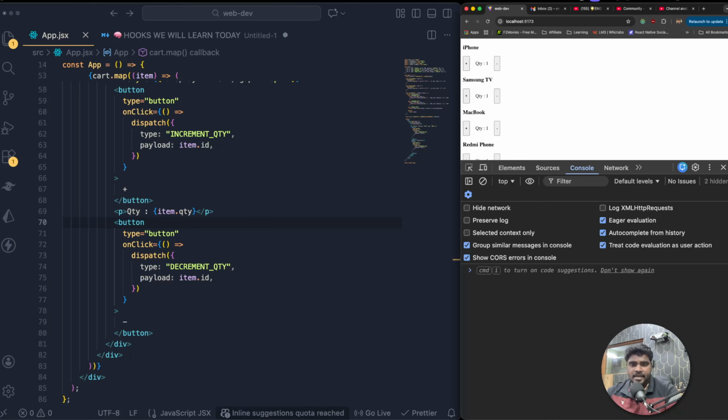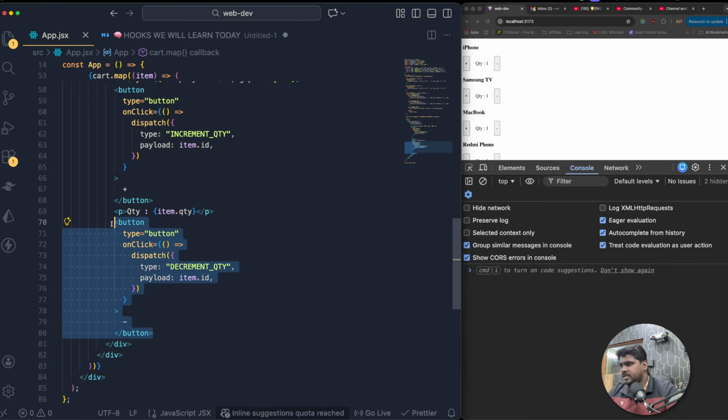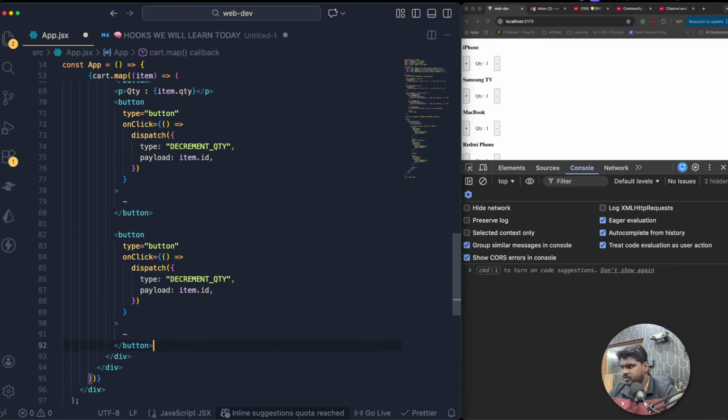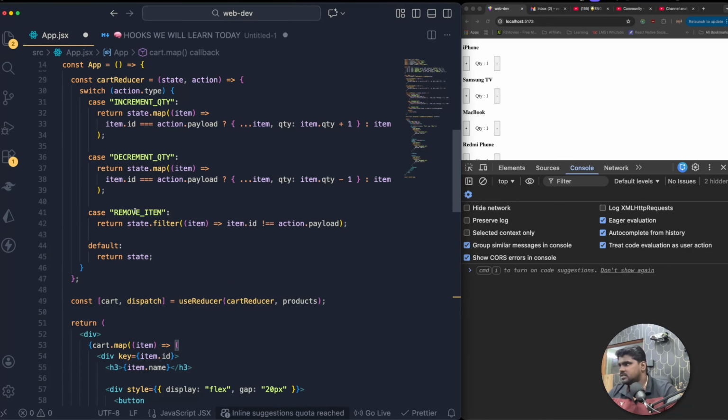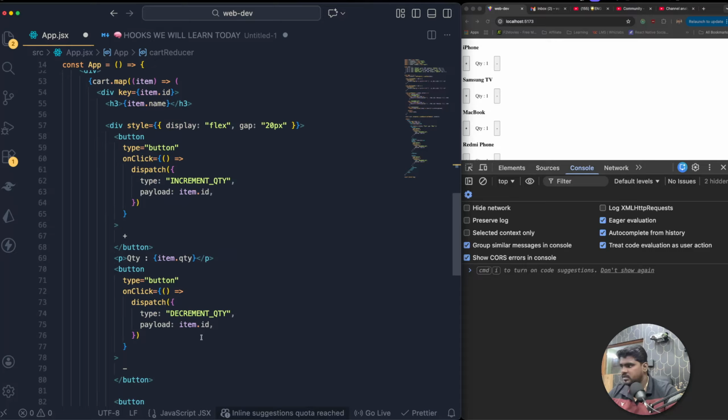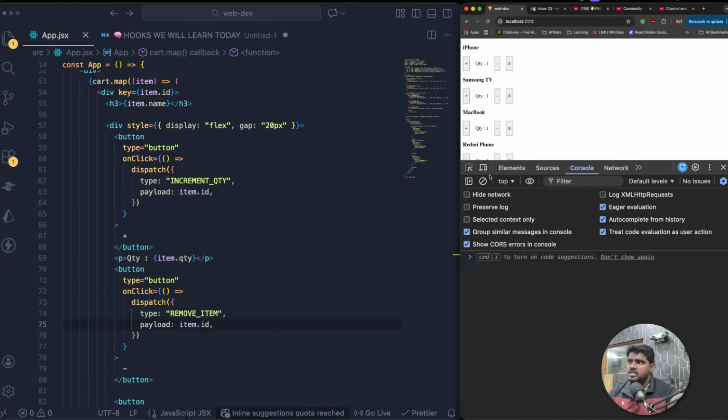We have to do the same for removing as well. So I'm going to copy this and paste it over here, and I'm going to keep the X mark. This time this is going to be the remove item, paste it, and the payload is still going to be the item.id itself. Now you will have the X mark as well. So I'm going to increase the quantity, it's working, decrease, it's working. Oops,